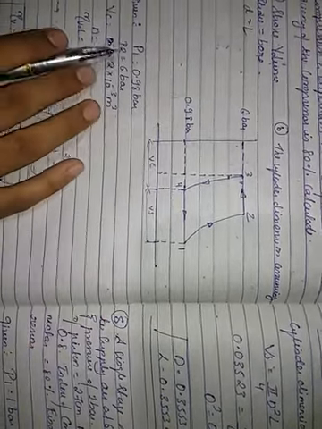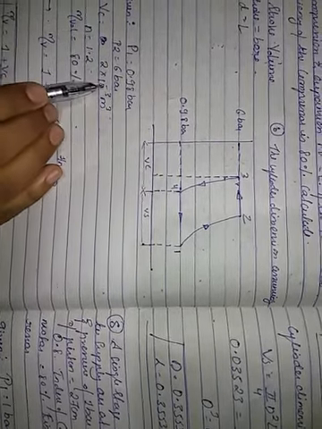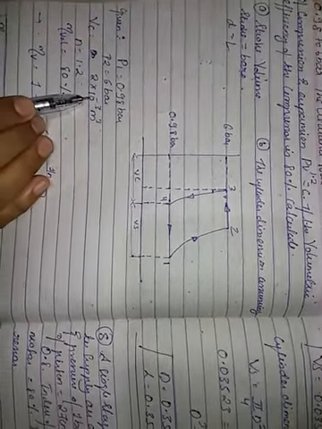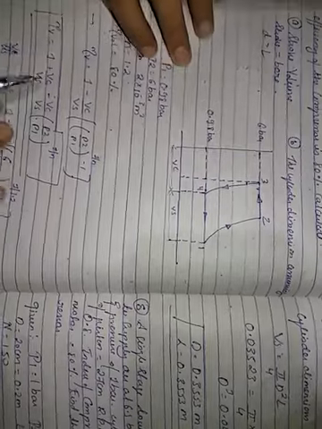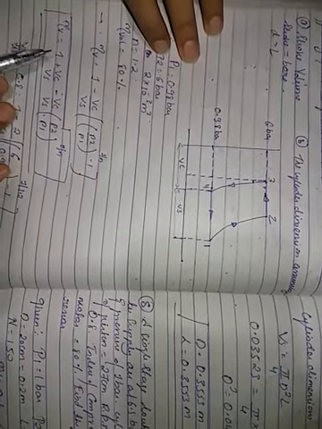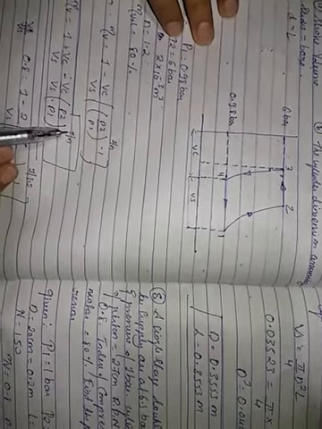Okay, now see what is given. P1 is equal to 0.98 bar, P2 is given. I have written the given data. If I have to convert liters into meter cube, I divide by 1000. So 2 into 10^-3 meter cube. n is 1.2, volumetric efficiency is given. What is the formula for volumetric efficiency? Volumetric efficiency is equal to 1 plus Vc by Vs minus Vc by Vs into (P2 by P1) raised to 1 by n.